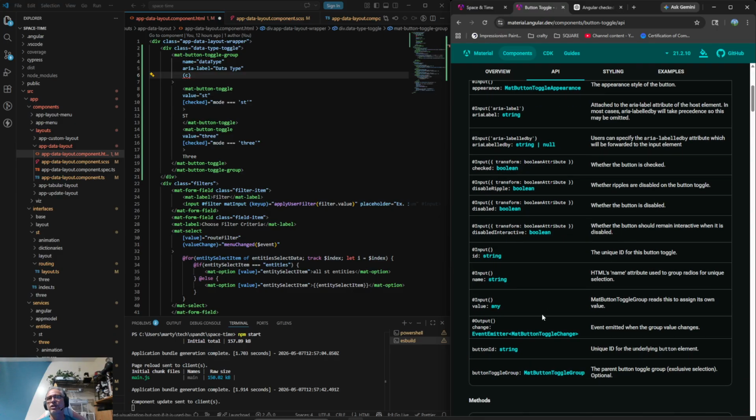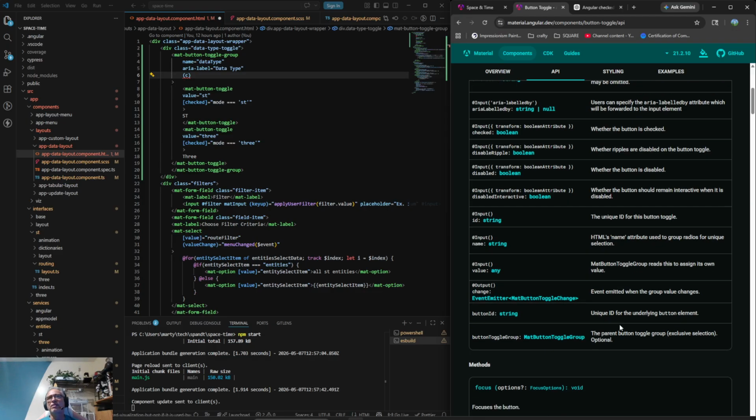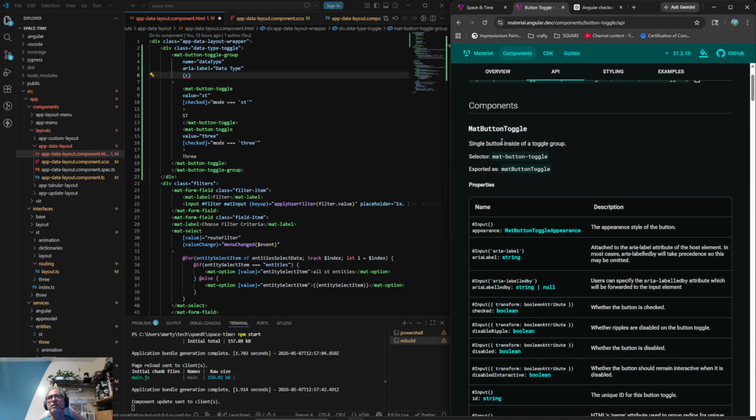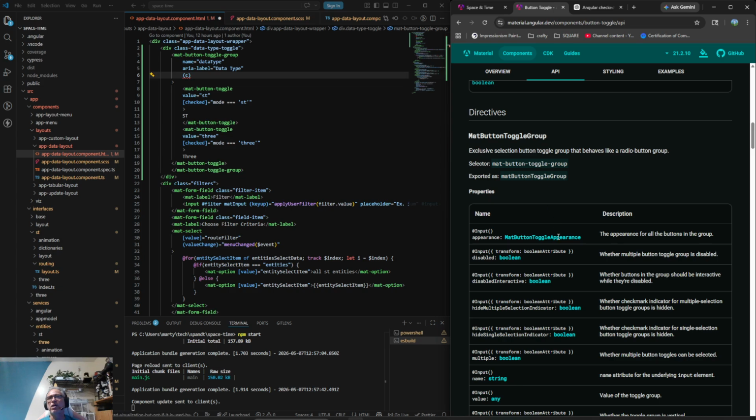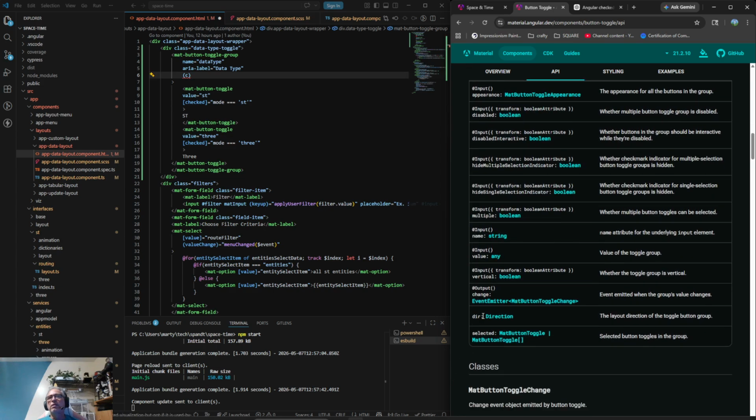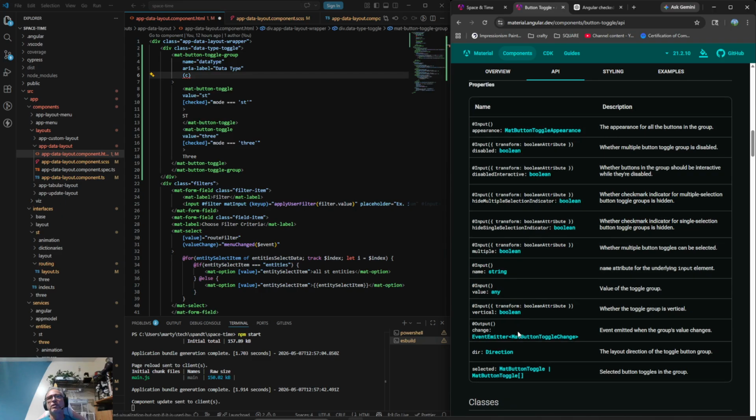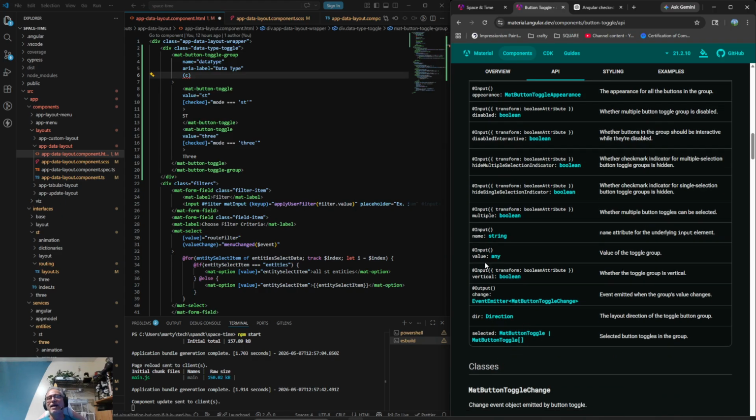Okay, so change. It's kind of weird because I don't see value. Oh, because I'm looking at the wrong one. I'm actually looking at the map button, and I actually want to look at the toggle group. So we got output is change, which is when the value changes, and I still don't see value change. That's weird, because my IDE is telling me that there's a value change, but the API says there's only a change. So I don't know. Change is equal to, and then we're going to say